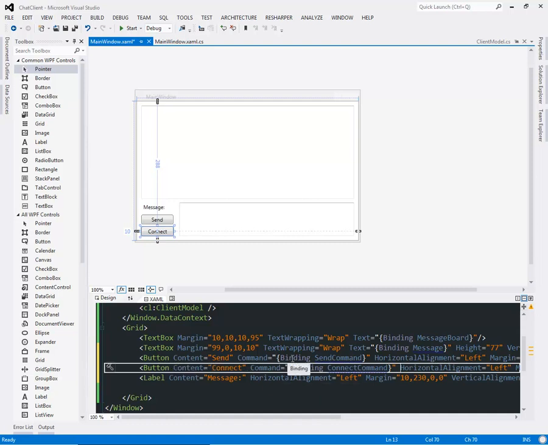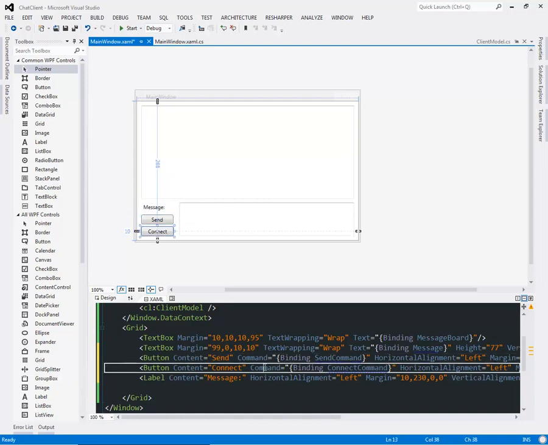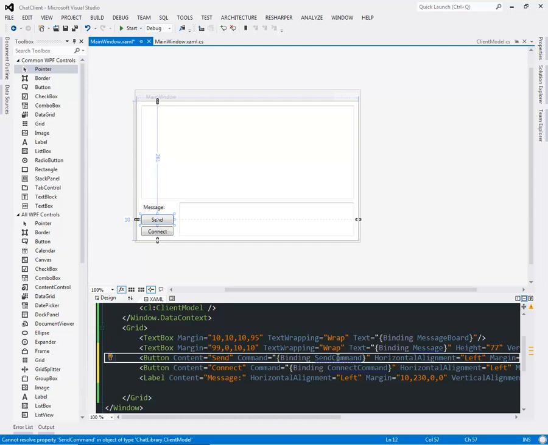Okay, sorry, this is the send. Yes, see it's highlighted. This is the command. Yep, see it's highlighted. This has an error here because it cannot resolve the property because it's not in the chat client, so that's fine. Let's go back and let us write